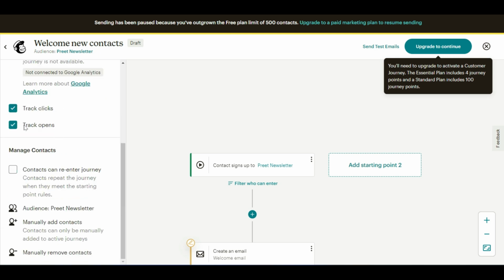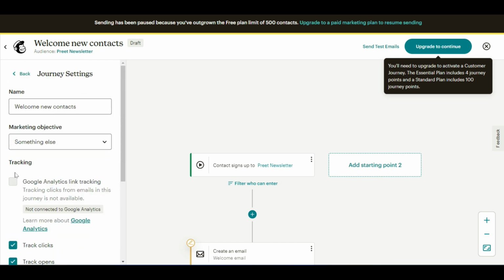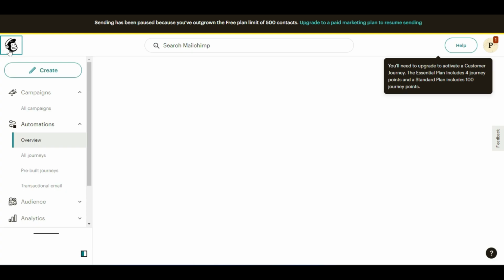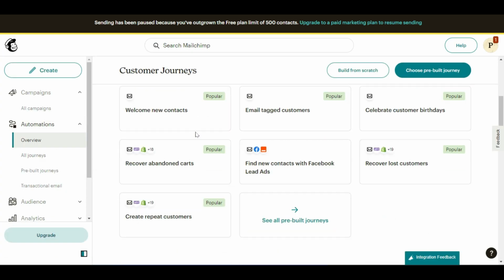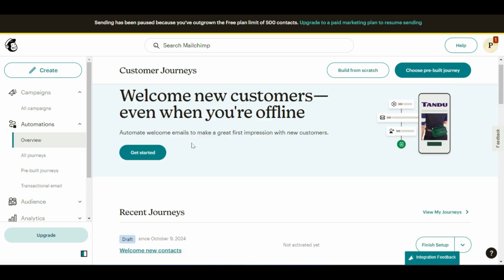track clicks, track opens. You can even track who opened this email, who is really interested, and you can check how many clicks you get on the email. Everything you will be able to track. Let me go back. Okay, now